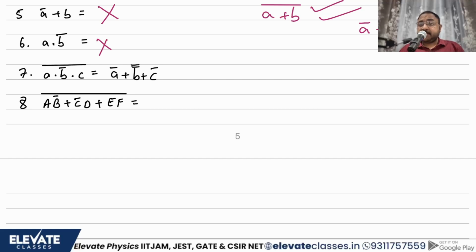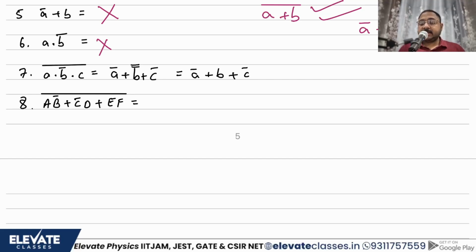Okay. So very, very simple method, very powerful if you remember it this way. This is not my own. You will find this in Tosi, RJ Tosi. You will find this in the Floyd book. Both very good textbooks on digital. Much recommended. Anyways, by the way, can we simplify this? Yes, we can. A bar. What is B double bar? We already know from Boolean algebra, B double bar is B. This will be your final expression, right?